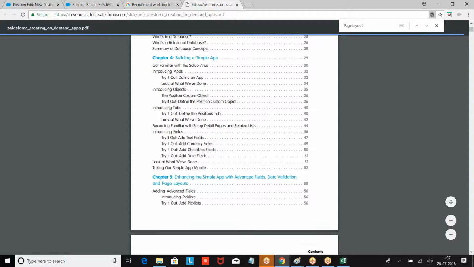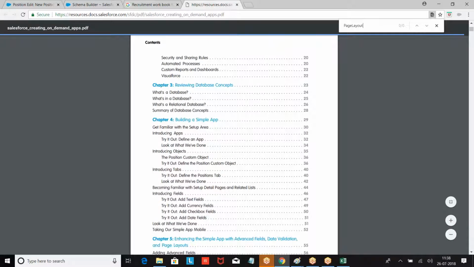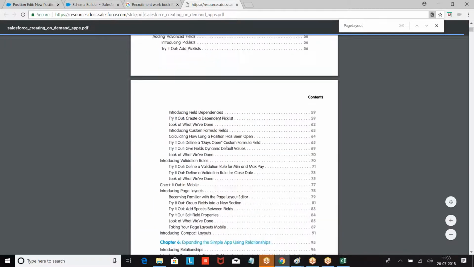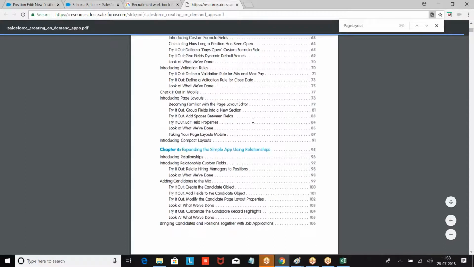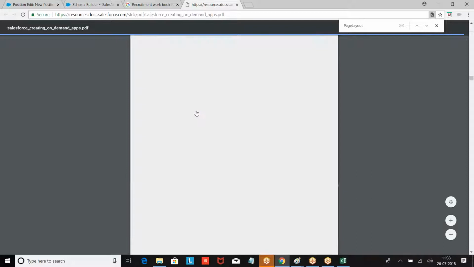Let the file be loaded. No issue. The concept is the same. Let it be Lightning or Classic. The concept of page layout will be the same. Let the file be completely loaded.